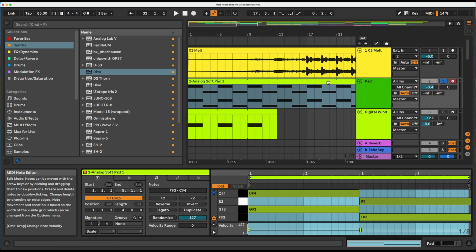The chords for the pad, so it's C sharp and G sharp, and then B and F sharp. I struggled a little bit to find a good sound for this, and I experimented a lot. One of the synths I know they used was PPG Wave.